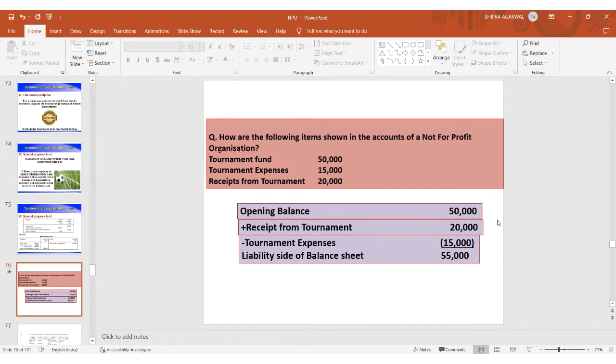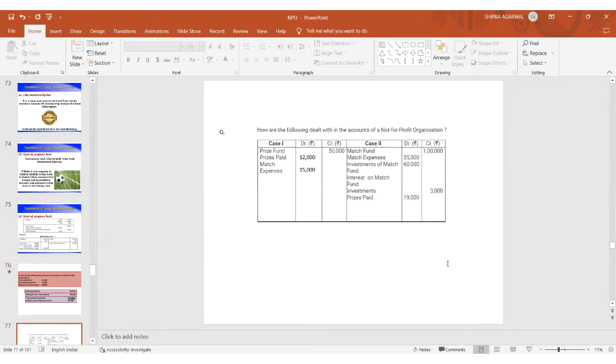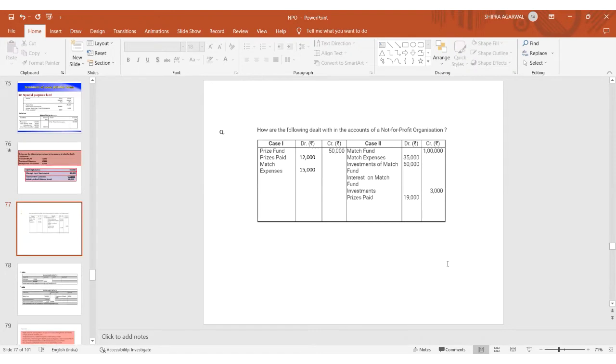My opening balance is 50,000, out of which I need to pay the expenses of 15,000, right? So I'll subtract 15,000, and there are certain receipts from the tournament, that is 20,000, which are to be added. So the net amount will be calculated, that is 50,000 plus 20,000 minus 15,000. So a net amount of 55,000 will be shown in the balance sheet on the liability side. Next is,